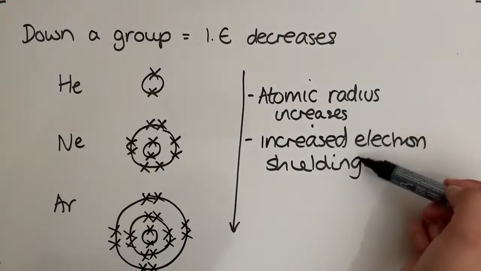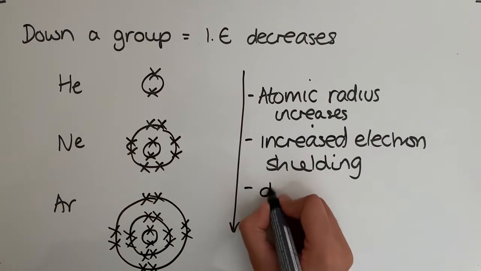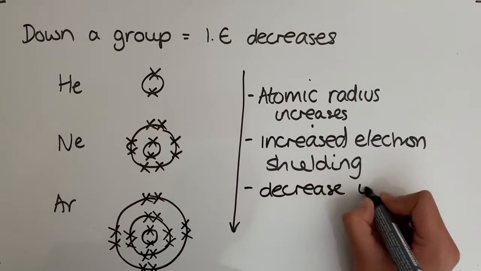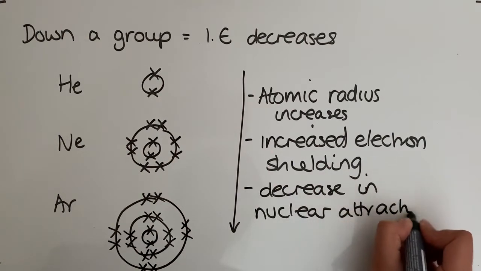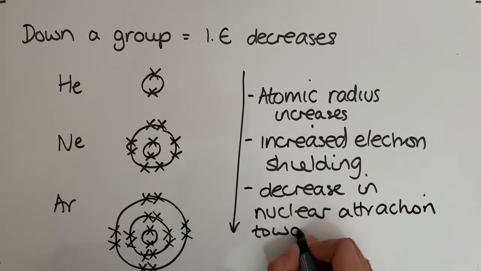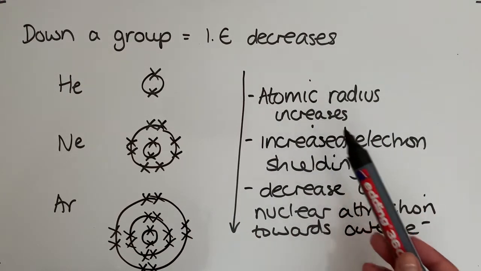So both of these factors combined decrease the nuclear charge to the outer electron. Both the atomic radius increasing and the increase in electron shielding mean there is a decrease in nuclear attraction towards the outer electron. I'm just going to use e minus for electron. As I said, the nuclear charge does increase, but these factors here outweigh the